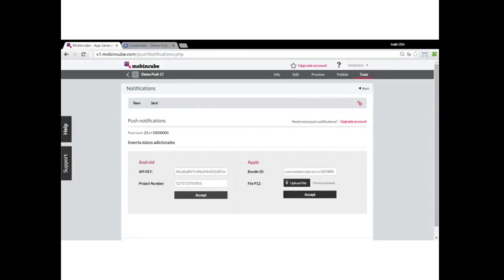Okay, so that's all we need to set up our push notifications. Click on accept. The information was correctly sent. Don't forget to publish your app. Now we can publish our app, and we will be able to send push notifications to